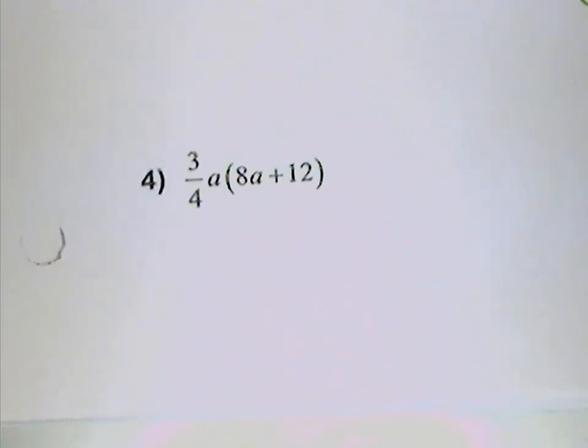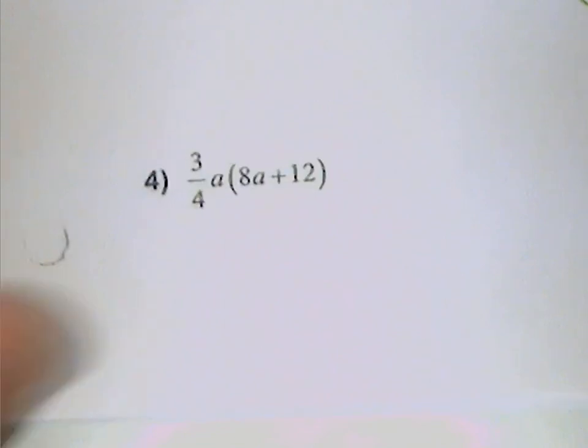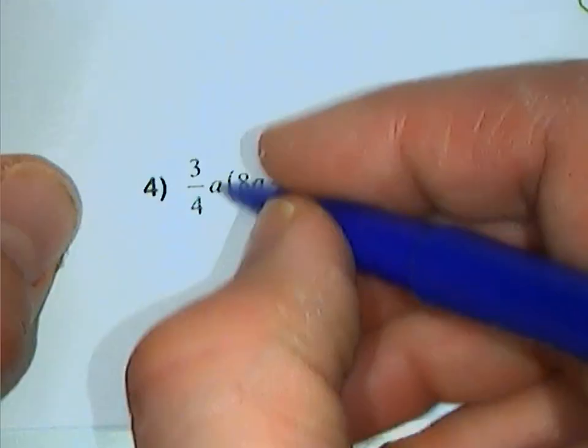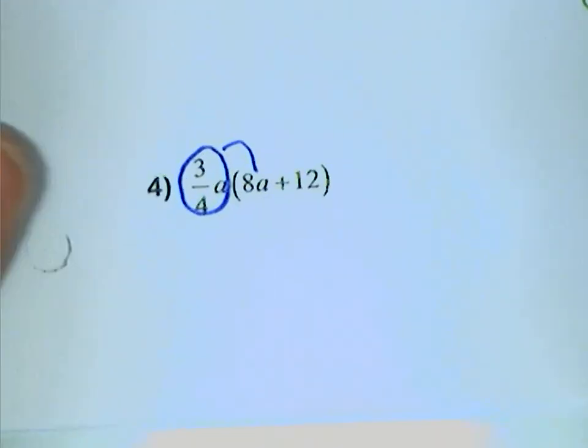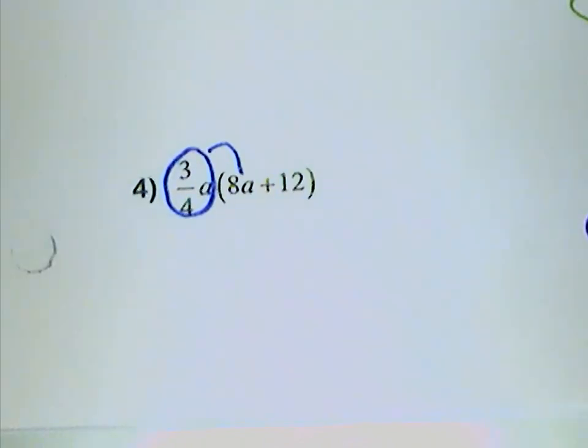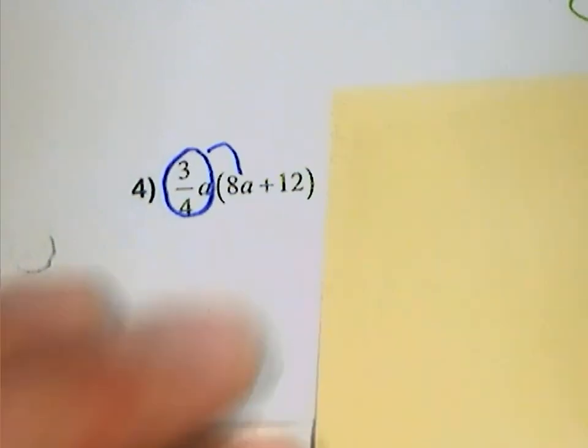Number 4. Now we start looking at a fraction. OMG, I'm scared. We're going to take 3/4 A and multiply by 8A. Okay, now if you're bad with fractions, that's okay. 5 out of 4 people are. You can always use your calculator. You can do 3 divided by 4 and then times 8. If you're going to do it by hand,